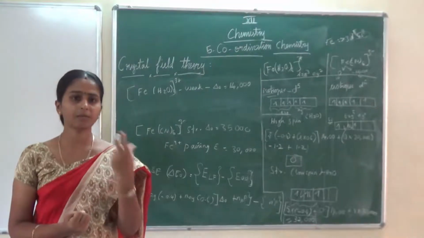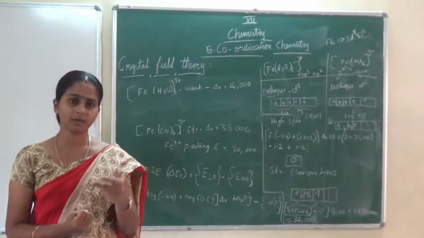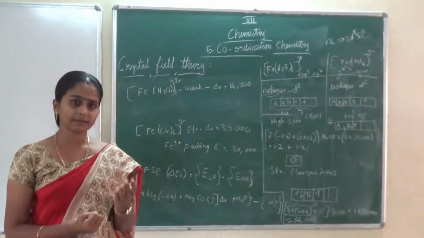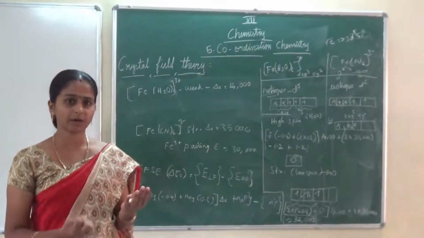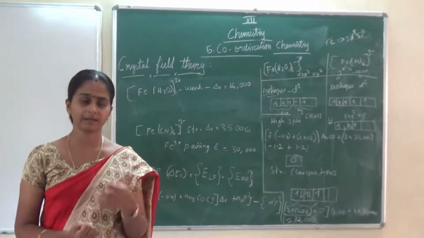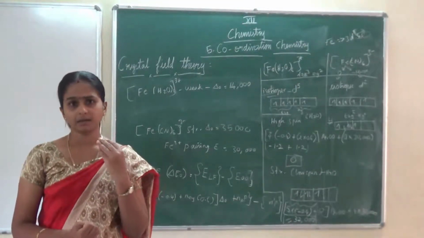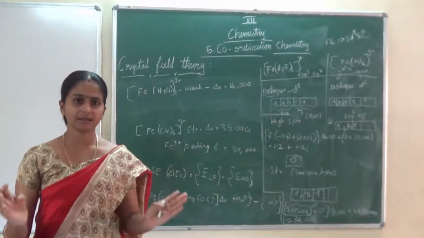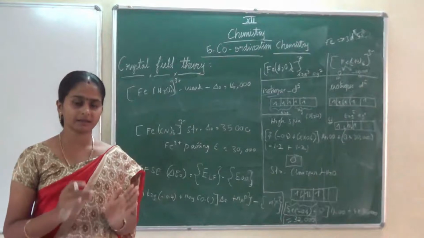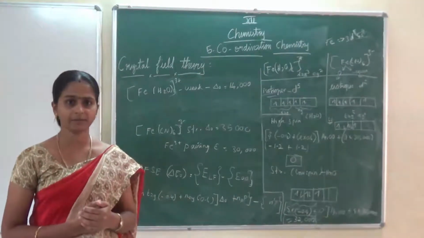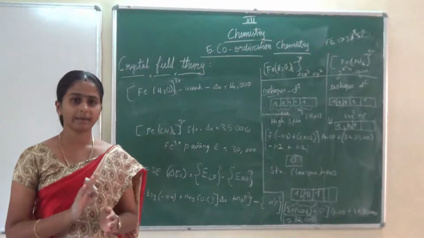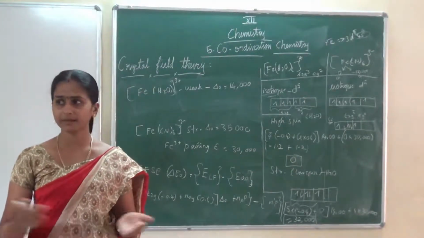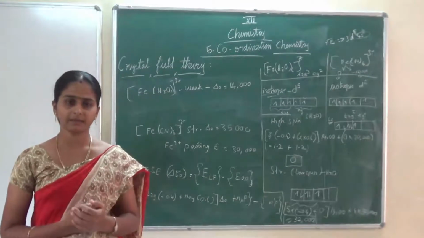The remaining color, which has more wavelength, will appear to our eye as blue color. But really the color which the substance or object absorbs is different. It absorbs orange color, but to our eye it is shown as blue color. Okay children, that is the color formation, that is how colors appear to our eye. This is for normal colored metals and all the objects which we have seen.